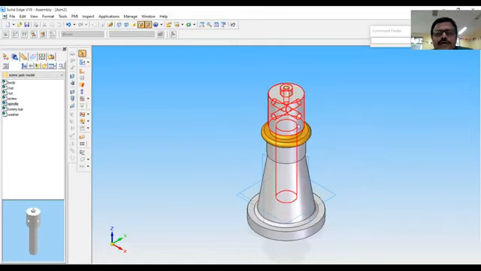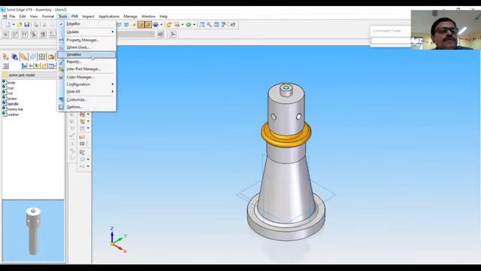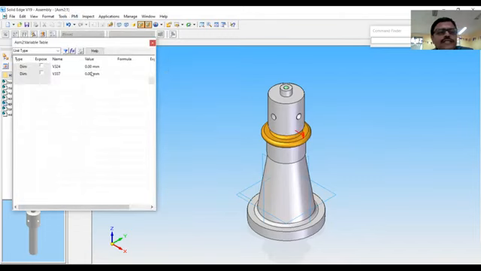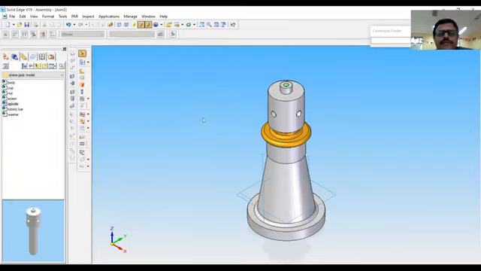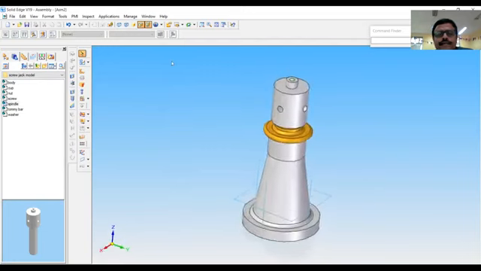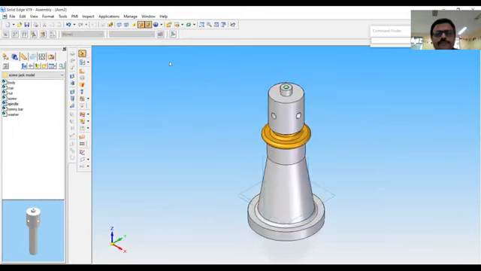Now we can lift this small spindle by changing the variables here. Go to tools, click on the variables. Here you can see the 0 distance is there. We can lift that spindle by say 3 millimeters. You can see that the spindle is lifted. You can lift the spindle from this position. So this is the position of the spindle. You can see here, this is the position of the spindle. Now keep this in isometric mode.